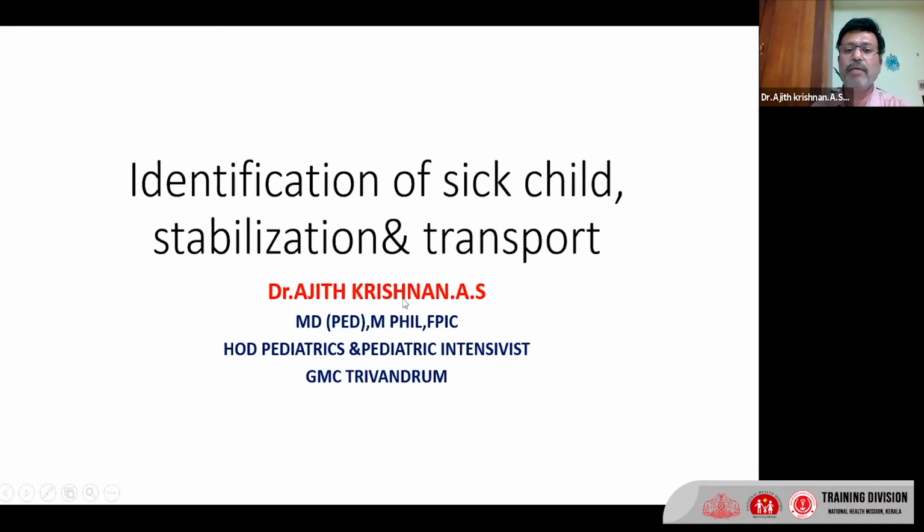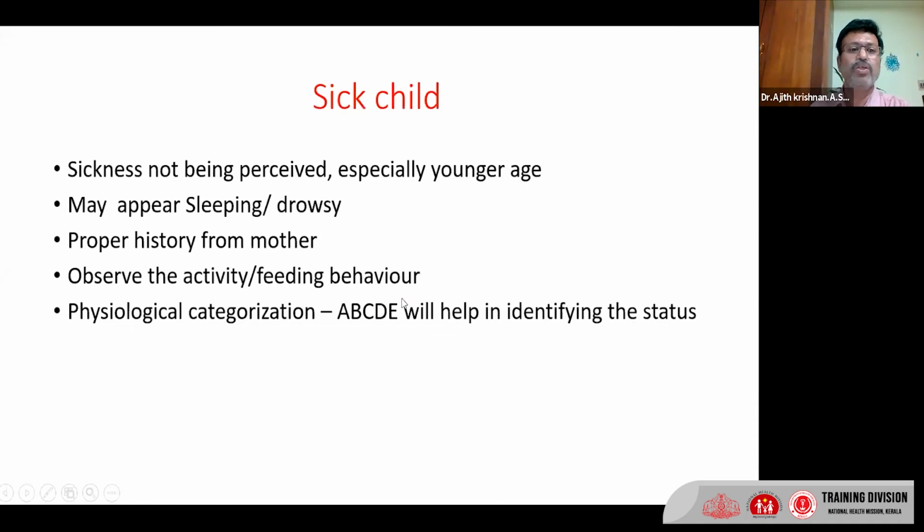Identification of sick child, stabilization, and transport. So usually a sick child, sickness is not usually perceived by the mother and sometimes by the bystander, especially in younger age. And they may appear sleepy or drowsy. You have to take proper history from the mother to know whether the child is actually sleeping or the child is sick. So you have to observe the activity and the feeding behavior of the child and the physiological